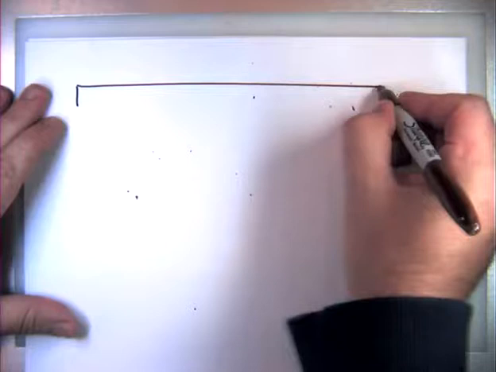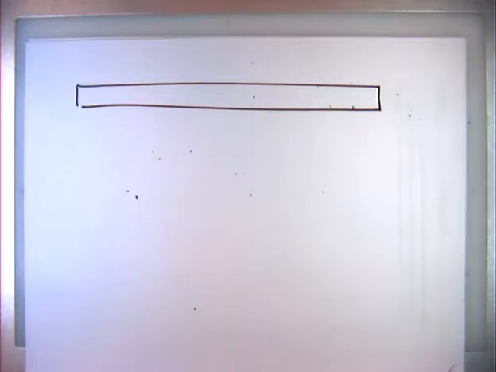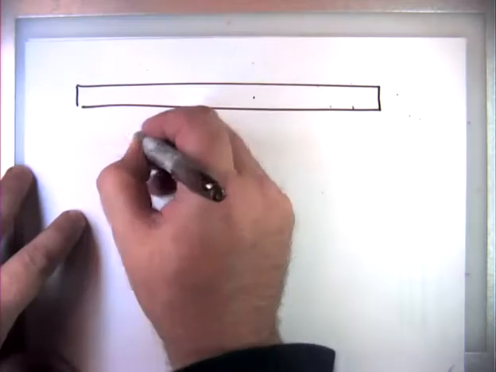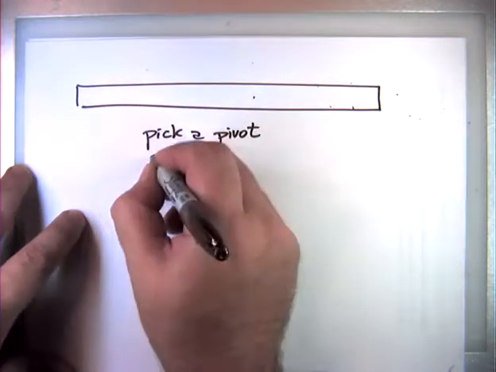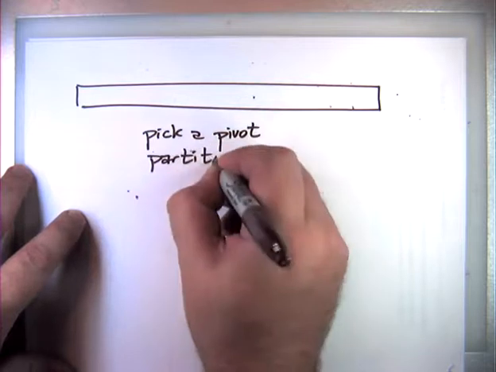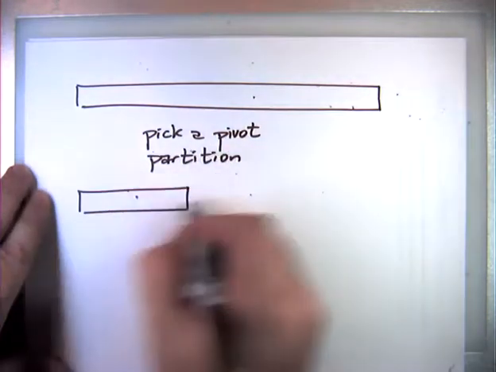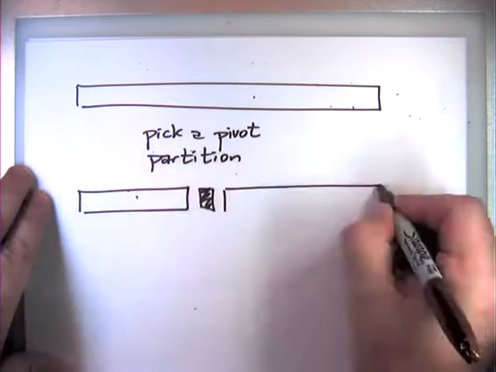Now, the way we're going to do this is we're going to do something recursive. Okay? So I'm going to imagine here is my array, and I want to find the median somewhere. And the algorithm that I'm going to use is something called one-armed quicksort. I'm going to do exactly the same thing that I do for quicksort, except I'm not going to recurse on both sides. I'm only going to recurse on one side or the other. Okay, so I choose a pivot somehow, and then I partition. And let's suppose I end up splitting the array like this.